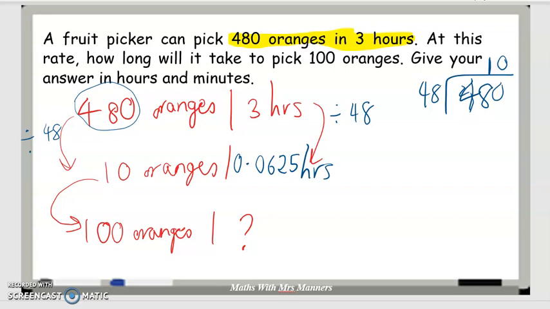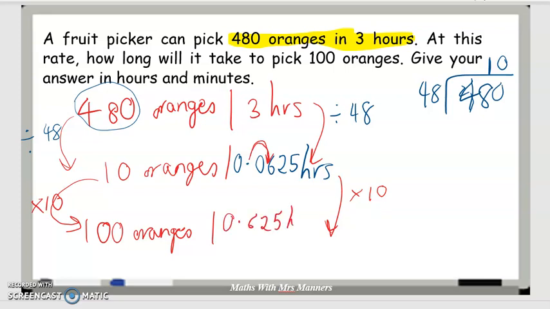And then I'm going to convert from 10 oranges to 100 oranges. To go from 10 to 100, I will multiply by 10. So with converting rates, you're going to be using multiplication or division. Whatever I do over there, if I'm going for a larger number of oranges, I need to times both sides by 10, because obviously the time will change as well. When I multiply by 10, I'm going to move the decimal place 1 over. So instead of a question mark, I now know it takes me